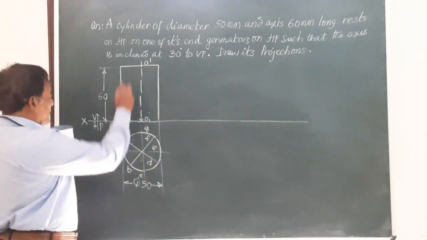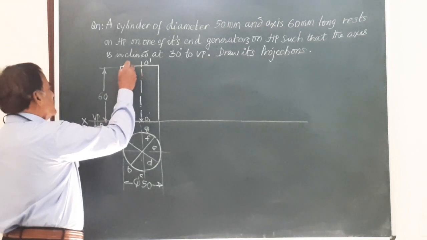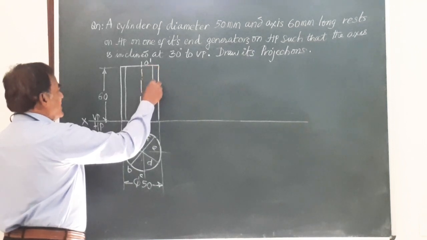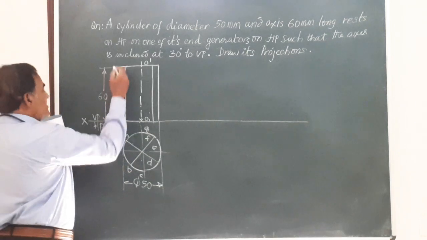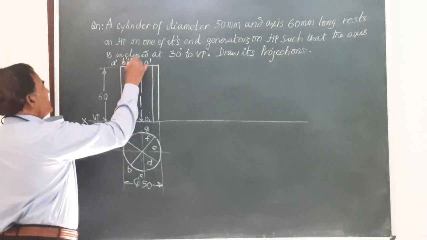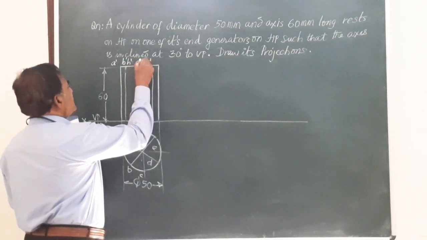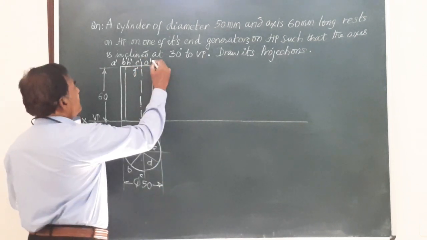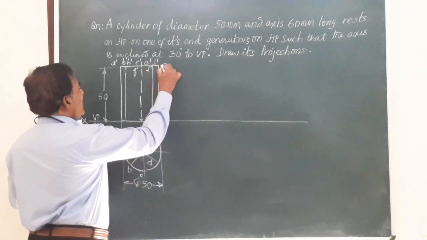So here I am going to draw these projectors in the front view, which are the generators. This is one such generator, this is the second generator. So I will mark them as usual: this is A, B and H. A dash, B dash, H dash. Then this is C dash, G dash, O dash for the center of the top face, D dash and F dash. The last one is E dash.